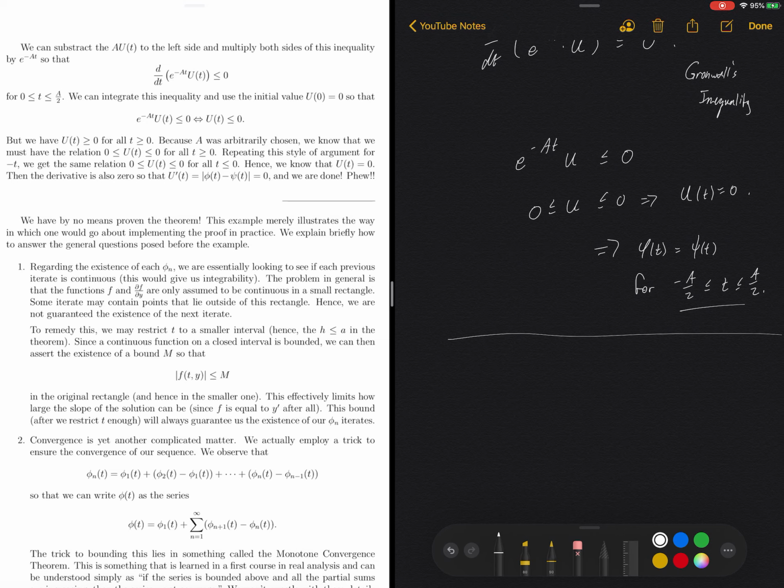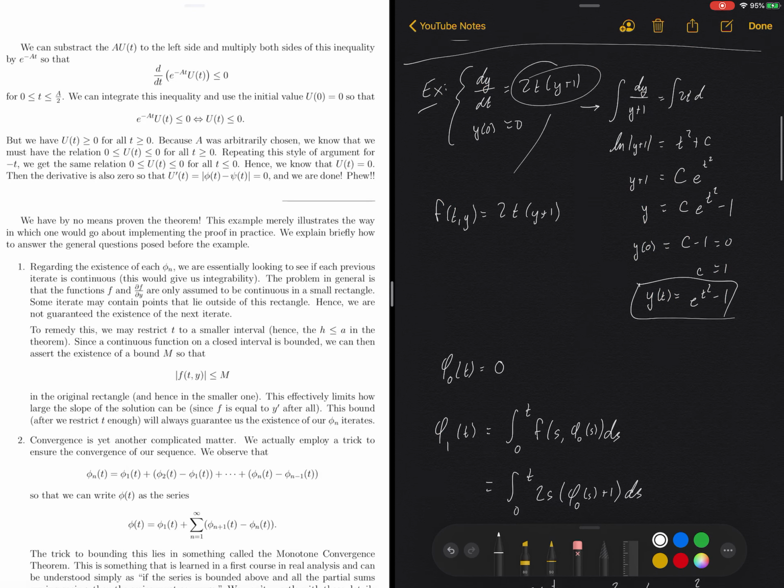So doing this in general, I have to make a few comments here. We have by no means proven the theorem in full generality. This is just an example illustrating what you would do in implementing the proof in practice. So if you were to create a more general proof, this is a general outline of how that proof might look. So regarding the existence of each phi sub n,